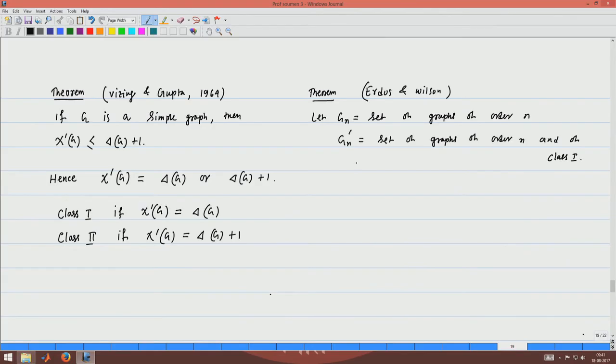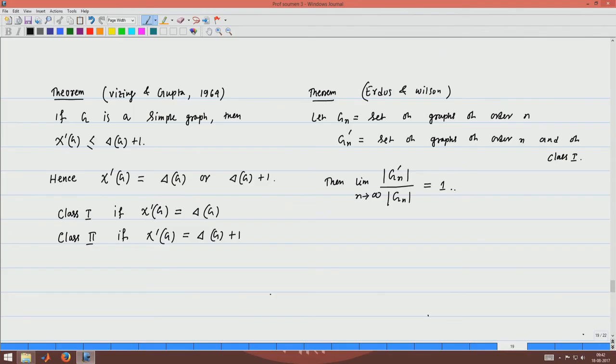Then the number of graphs of order n and of class 1, that is the cardinality of this set, divided by the number of graphs of order n, this ratio tends to 1 as n tends to infinity.